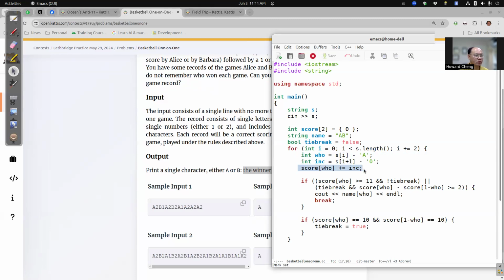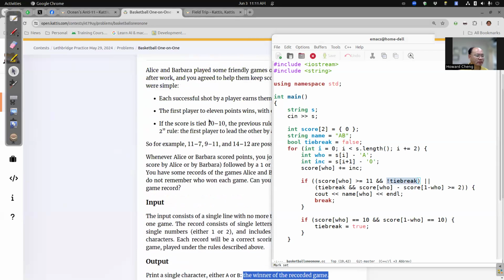So now that I have the score, I basically have to decide, do I have a winner? How do I have a winner? If somebody has 11 points and I have not reached the tie break, so that means the first rule, the first player to 11 points wins. That's the first rule. And I only have to check the person that I just incremented. I don't have to check the other person because,